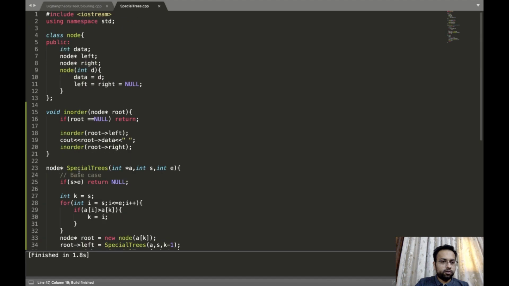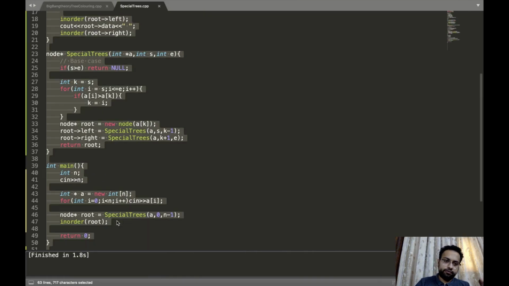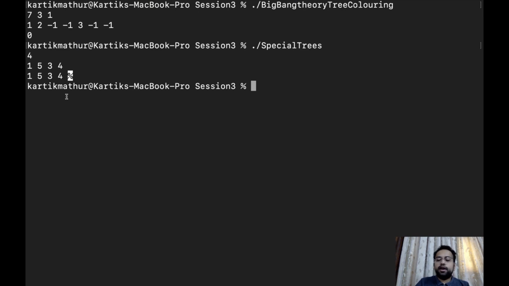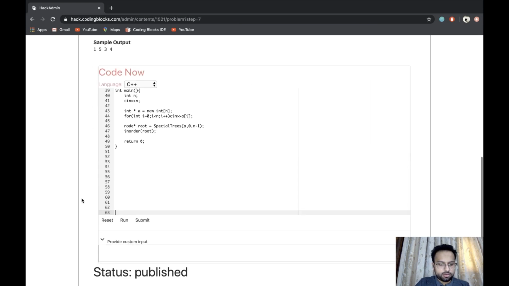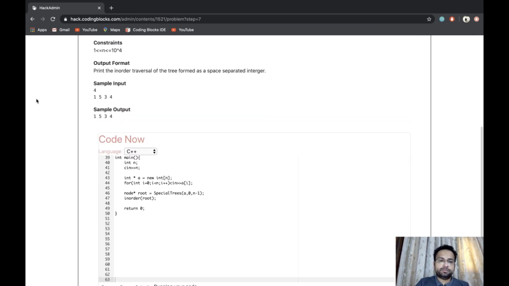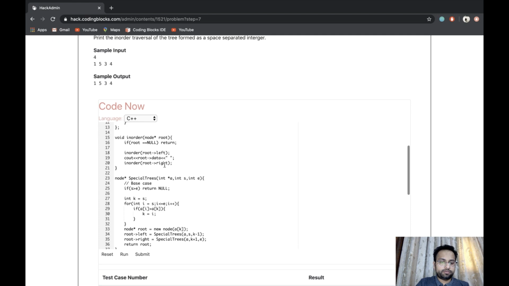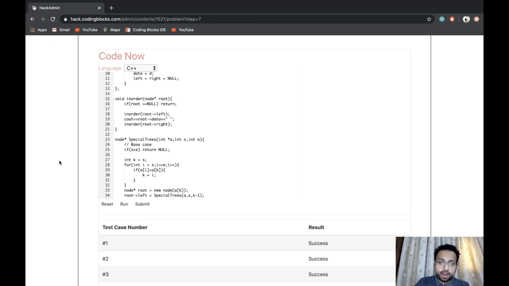Let us see whether this works or not. I'll just try to run this. By chance, the tree we are creating has an in order that is the same as the array input. So see, we are getting the correct answer. Next, we are just going to copy paste it over here and submit it. So yeah, this is working absolutely fine. I hope the code is clear to you, and how the algorithm is working internally is also clear.